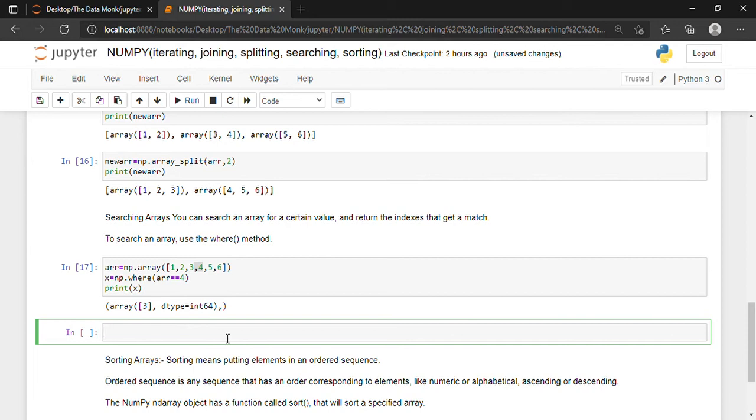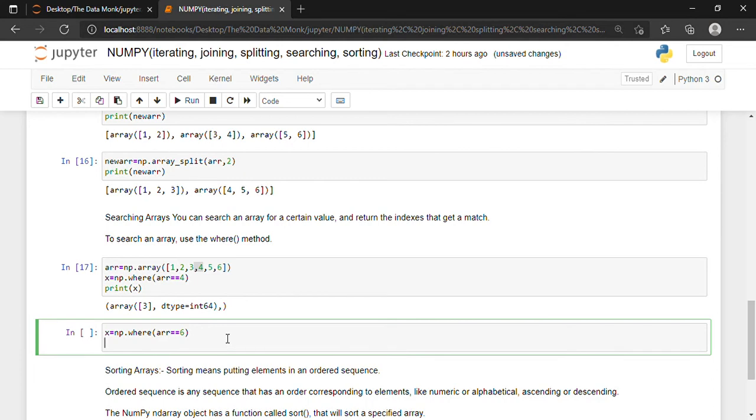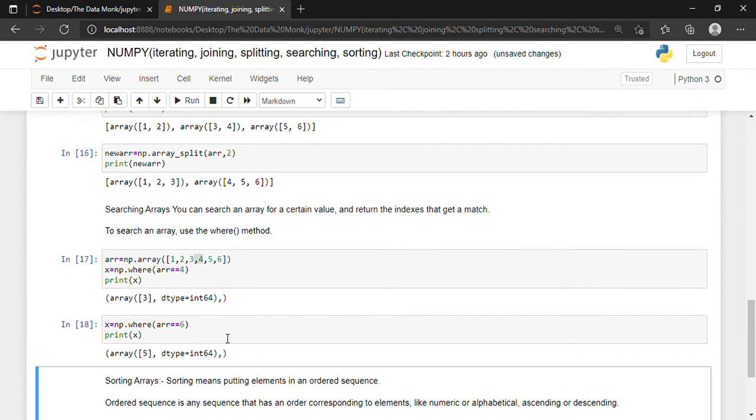Suppose I want to find the position of 6. Then I'll write x is equal to np dot where. Alright, so it's in the fifth position and the data type is integer.